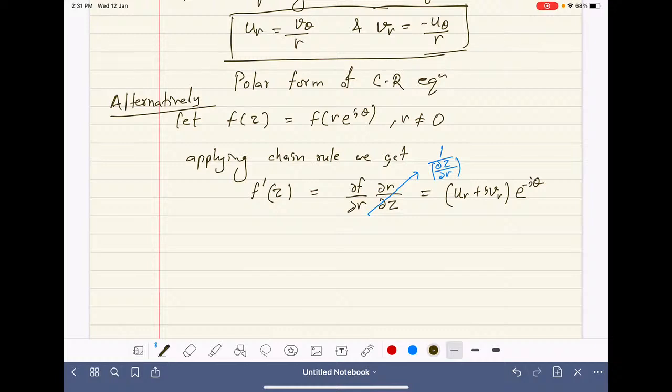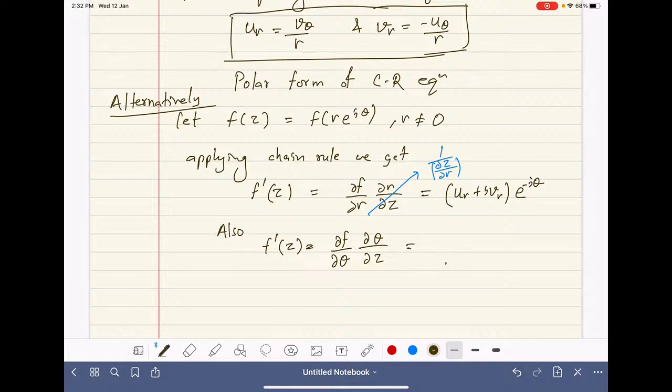And also f dash z will be dou f by dou theta times dou theta by dou z,